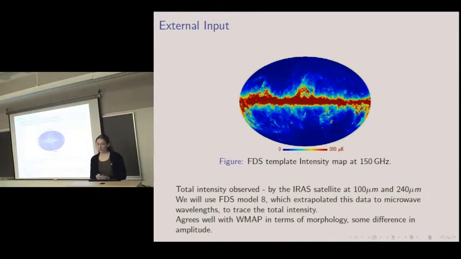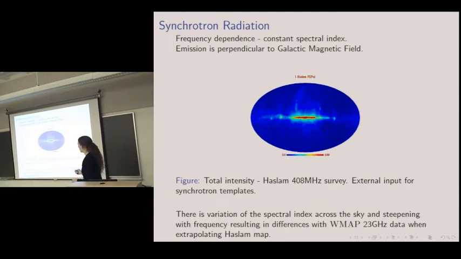In the case of the synchrotron radiation, we take the Haslam 408 megahertz data and extrapolate it with a constant spectral index across the sky. And for synchrotron, the emission is also perpendicular to the galactic magnetic field. So for these templates, there have been studies showing that for synchrotron radiation, the spectral index varies across the sky, and also there's a steepening with frequency. So there are differences between extrapolating the Haslam map to 23 gigahertz and the WMAP 23 gigahertz data. However, for our model, we can